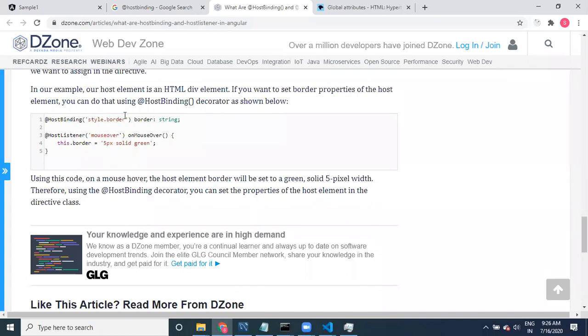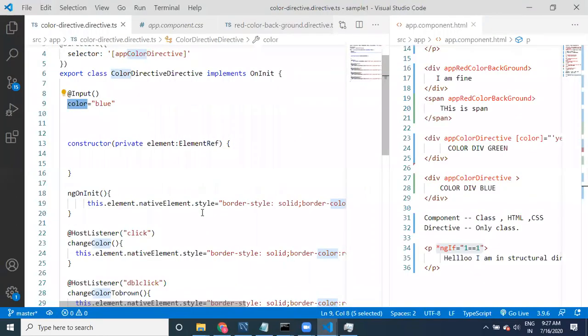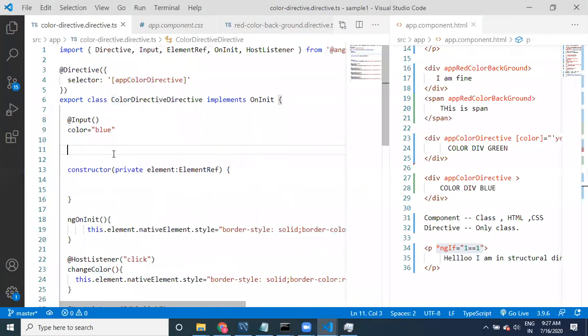See here, guys, this is a HostBinding with style.border. It's very simple: HostBinding and then the style name. HostListener contains the event name, and this contains style.border.